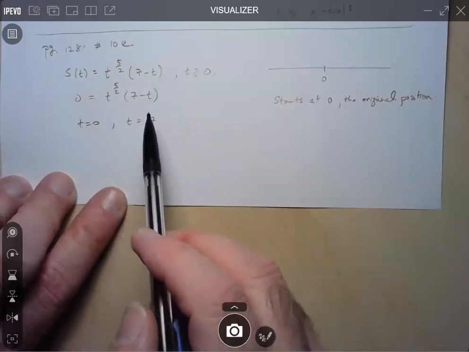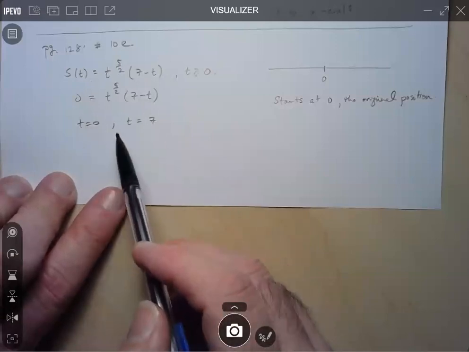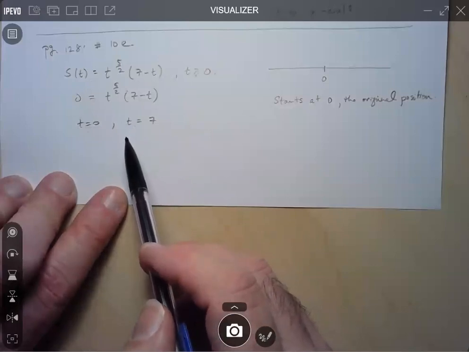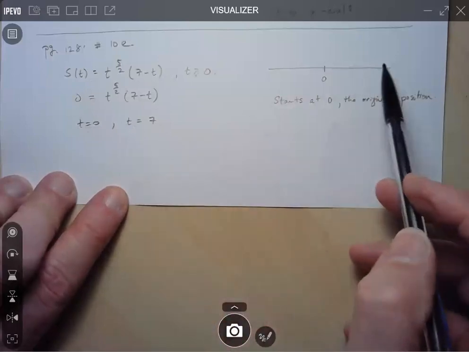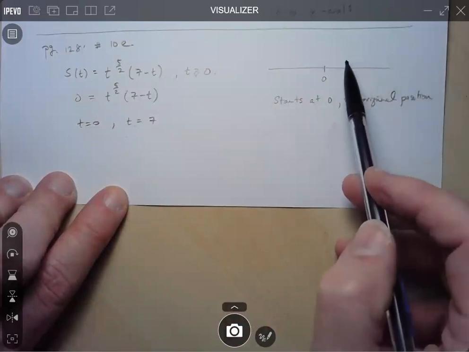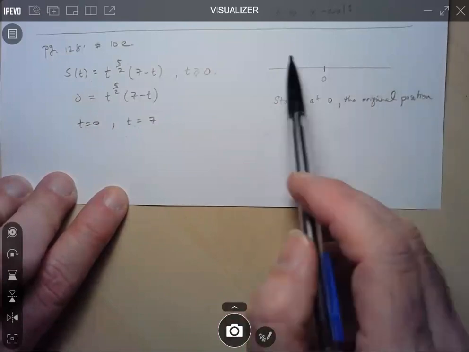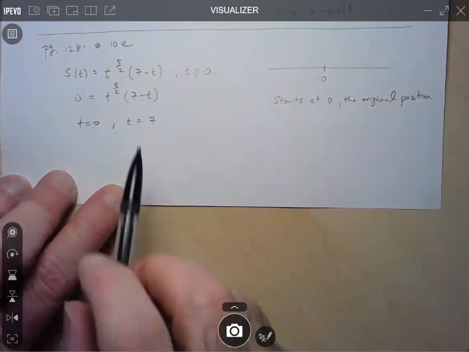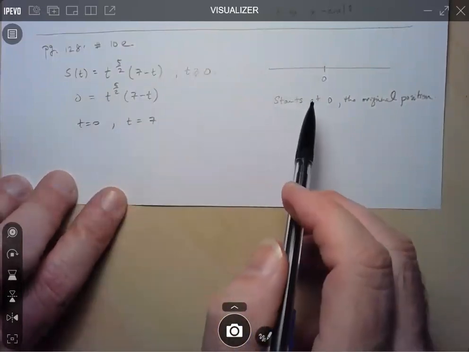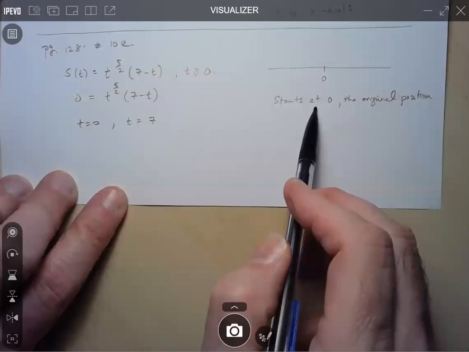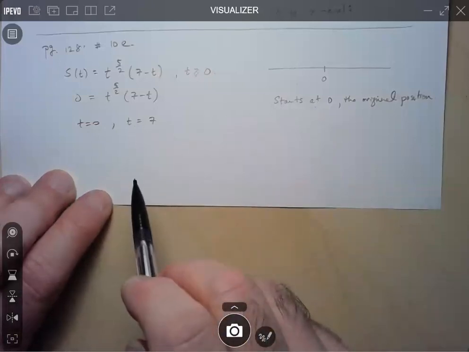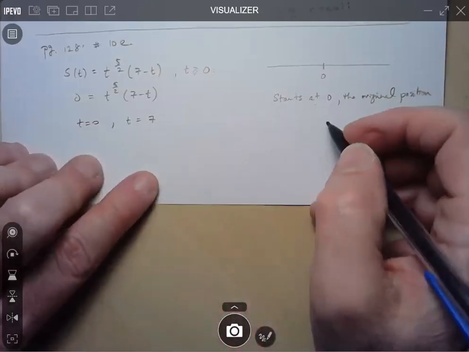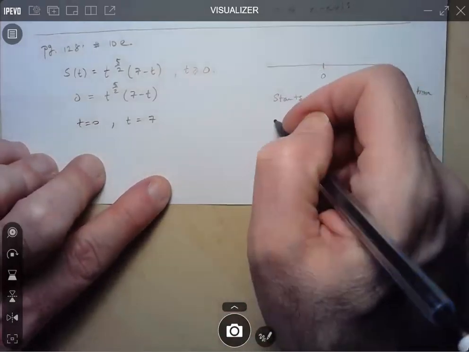Now, who knows what it does between t equals 0 and t equals 7. It could be going in this direction back and forth, but eventually it'll come back, or maybe it's going in that direction. That's maybe what those other questions involve. But here, the only thing we care about is when it returns to its original position, which is 0, and that must occur at t equals 7. So here, returns